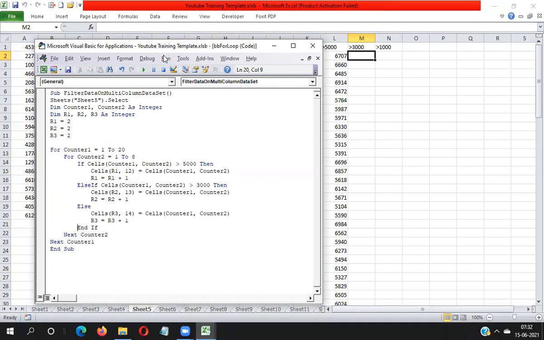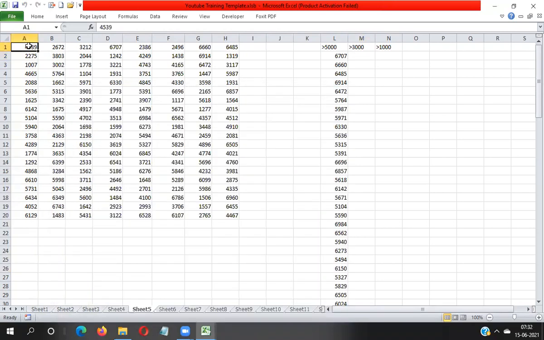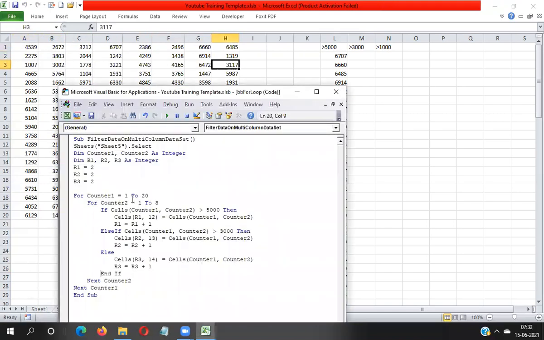You can see the output. First, it's reading your data like this, column wise, one by one row moving. The first For loop is used in row, the second For loop is used in column. So let's see. My first cell reference is row 1, column 1, which means A1.